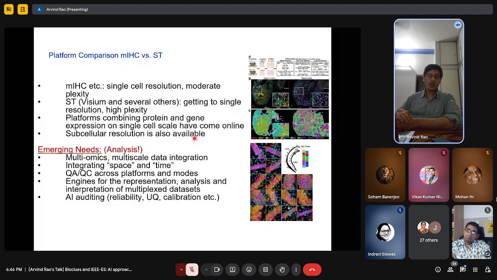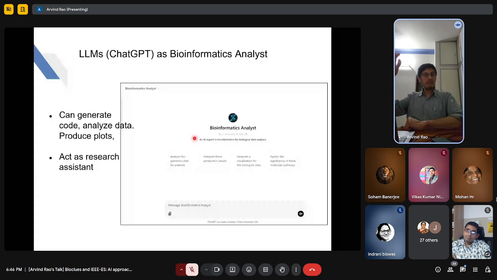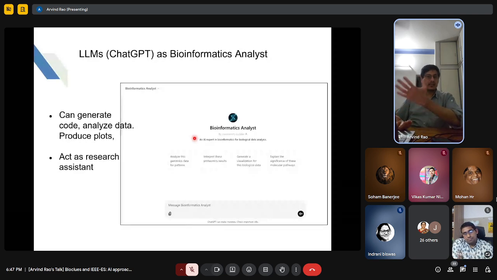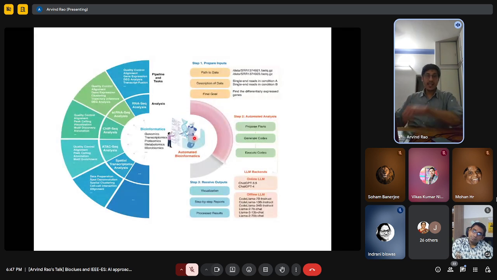There are so many different modalities, so many different platforms, that you require ways to sensibly audit them. And this has been further challenged by the rise of agents like ChatGPT, which can do bioinformatics analysis. In fact, there are agents out there where you can just feed in a gene expression file and it'll do the analysis for you. So while that's extremely amazing and you can do really amazing things with these kinds of agents, I guess the first question we need to ask is, how reliable are these things?